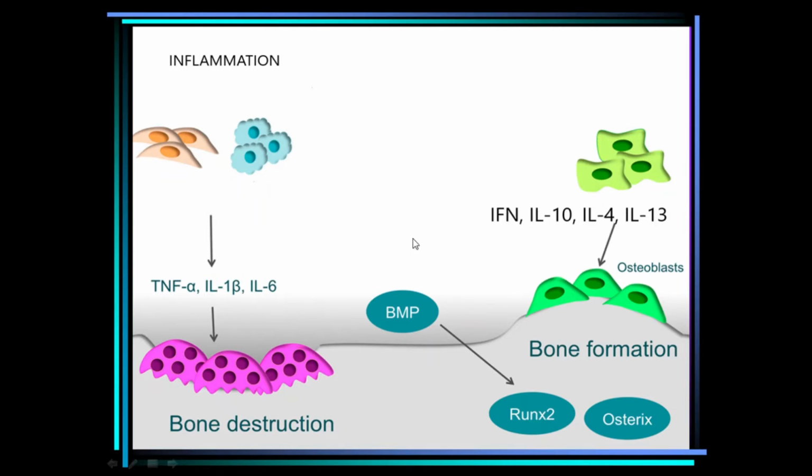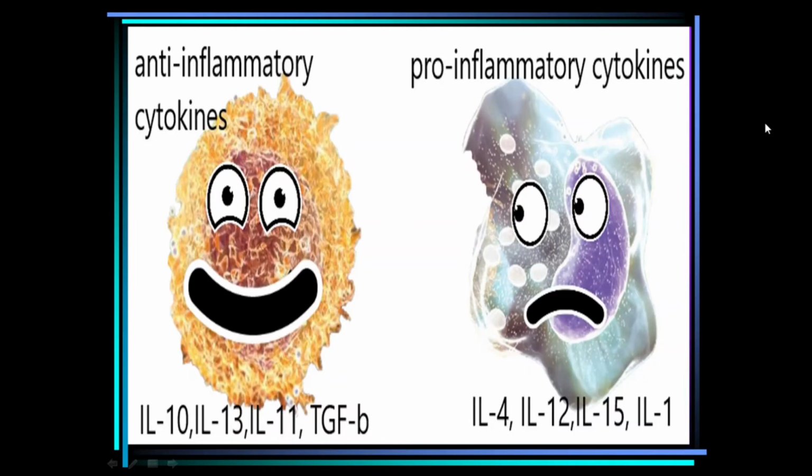So they are acting in opposition to each other. The pro-inflammatory cytokines cause inflammation, and the anti-inflammatory cytokines suppress the inflammation and cause deposition of bone. I guess this is a very important thing to remember, what the anti-inflammatory and pro-inflammatory cytokines are. Inflammatory cytokines are secreted when the environment is not conducive. All the cells can secrete cytokines. Cytokine is a kind of cell talking mechanism, how they convey how they are feeling.